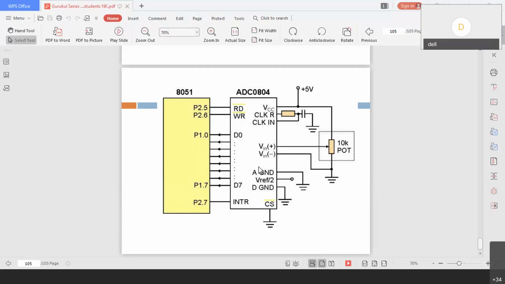Here, for start of conversion you can say WR is there, writing, and INTR is called the end of conversion. Then the question: when do you get INTR? Once the ADC converts the analog value to a digital value, it says I have converted. That signal is P2.7 here as per the diagram, and data is available on D0 to D7. Now the 8051 is supposed to read it. So we write a program in such a way that as soon as I get INTR, that is the interrupt signal, I read the value from D0 to D7. That is it.